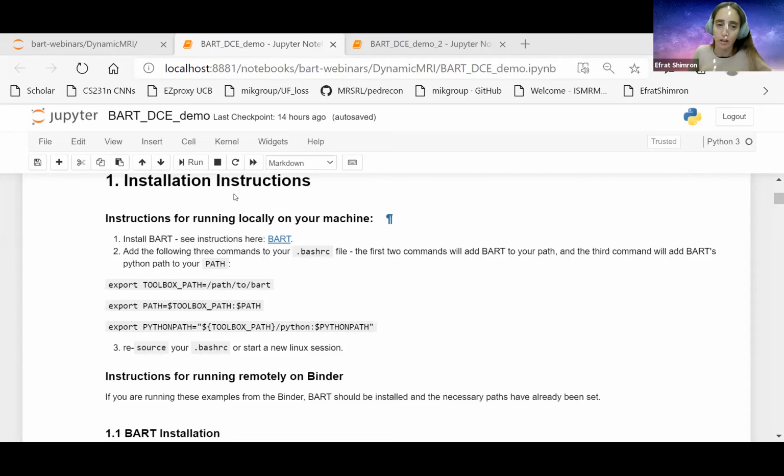Please notice that this new Jupyter notebook, unlike the previous one, is running with a Python kernel. So in order to run it, you first need to add BART to the toolbox path. Second, you need to add the Python path, which is the same path as BART, but with a /Python. The recommended way is to edit your bashrc file. You need to open that in your Linux terminal and edit it. You need to add these 3 lines. And then after you do that, don't forget to resource your bashrc file,